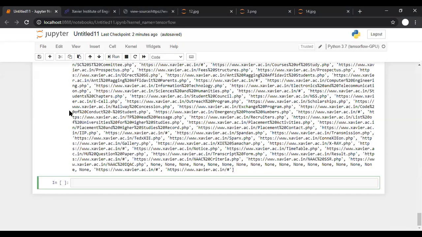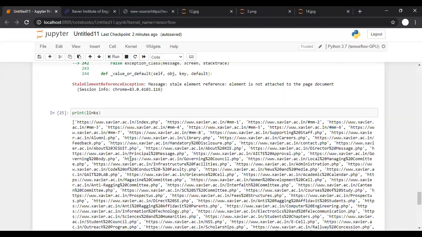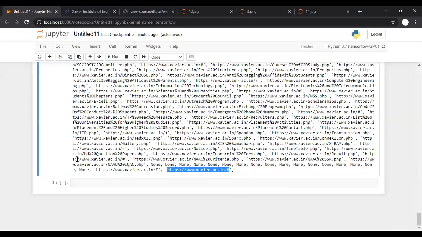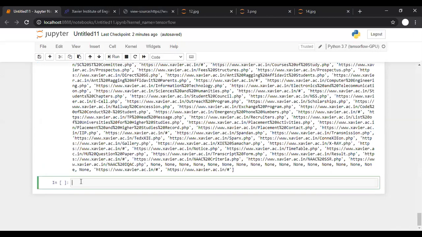So these are the links, but certain links are repeated. For example, we can see that there is a xavier.se.in hash, and there is again xavier.se.in hash, means links are repeated. We don't want repeated links. So what we can do is something like this.